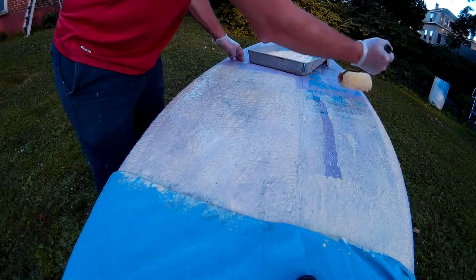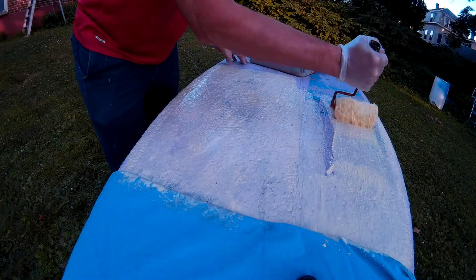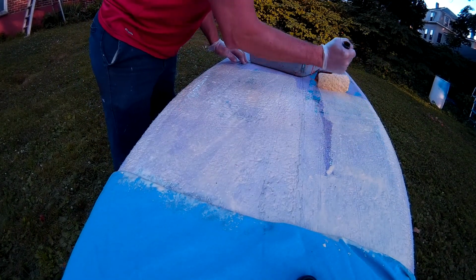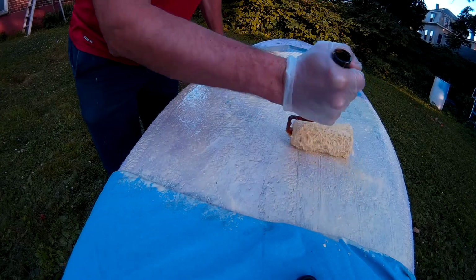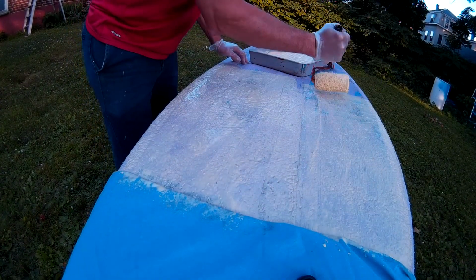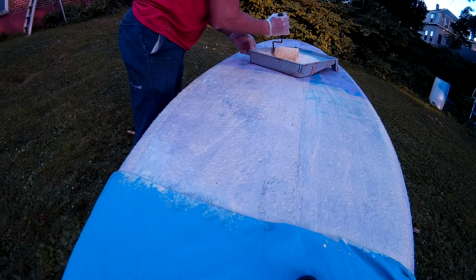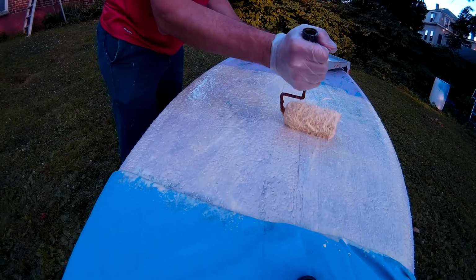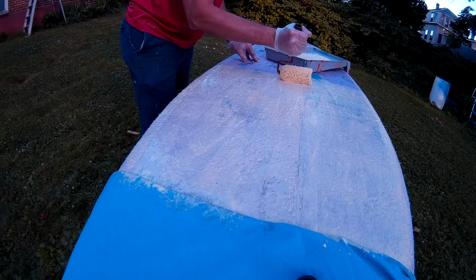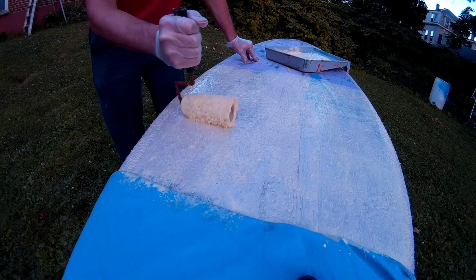Too much glue is not a horrible problem. I mean, if it's saturating through the fabric, it'll be hard to get the paint to stick to the fabric where the glue is saturated through. But not enough glue is a lot bigger problem, because it'll bubble and peel, and you won't be able to do the heat thing to get it to re-adhere the way that you can if you have extra glue in here. So more the better. Try and get all these pores filled. You want a nice thin coat,